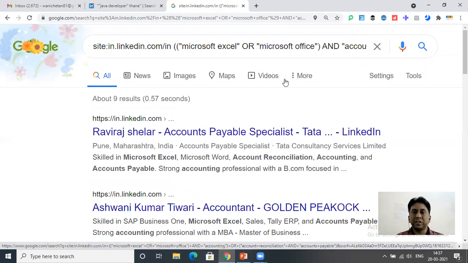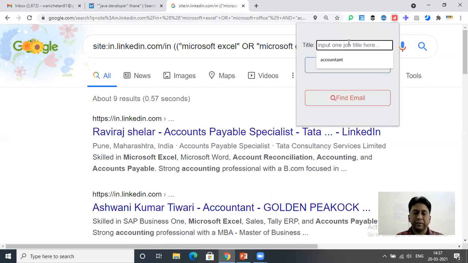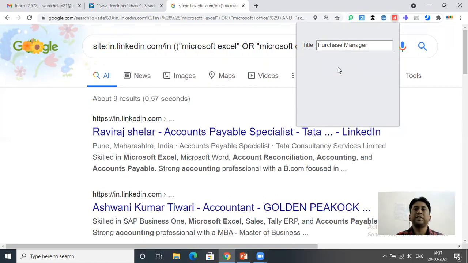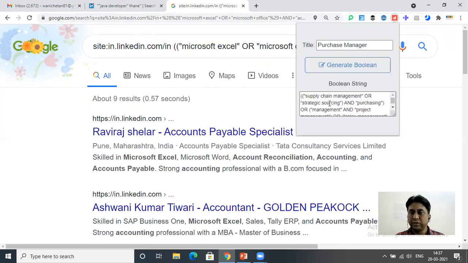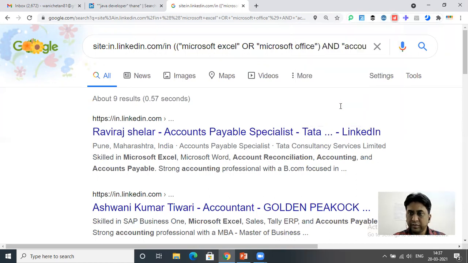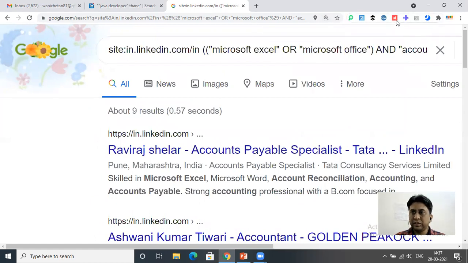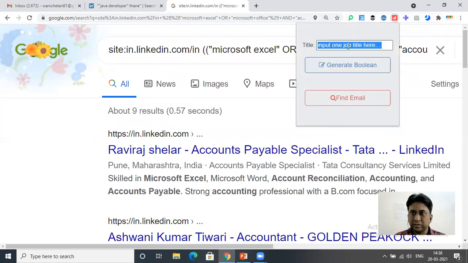So you have to use this string in such a way that, for example, we'll type here purchase manager. And now we are not aware of what the keywords of purchase manager are. So it will help you generate certain keywords. So this is the most important tool. Now see, supply chain management, strategic sourcing, purchasing. I'll just zoom this so that you can see better.